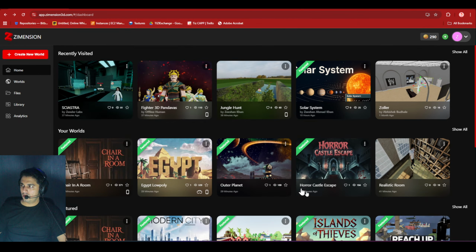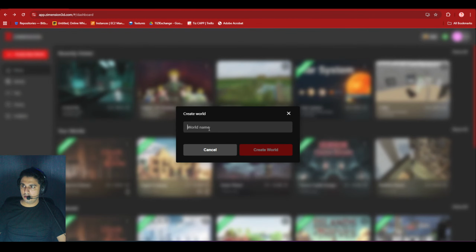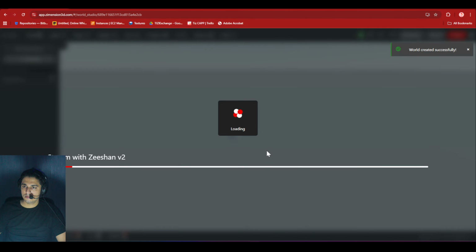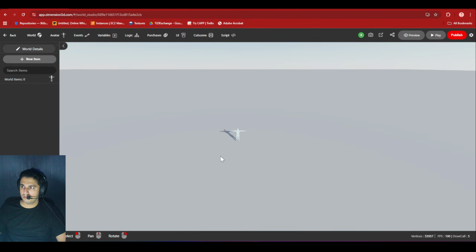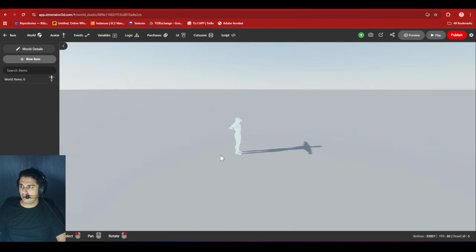Okay. So just like yesterday, today also I'll create a world, and this time we'll name it Stream with Z V2. Okay, so this is our base world, right?